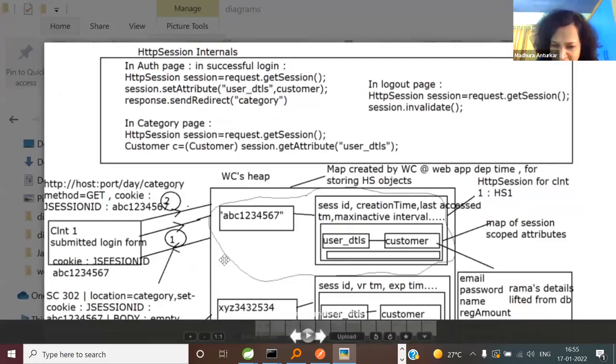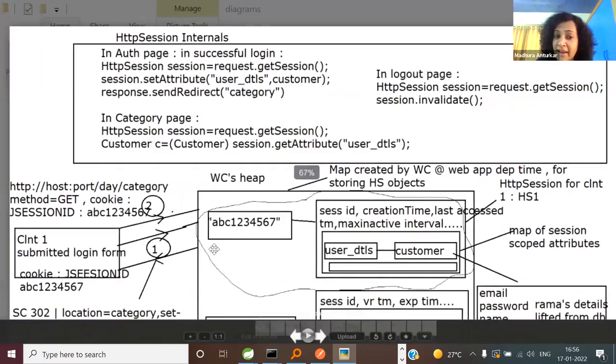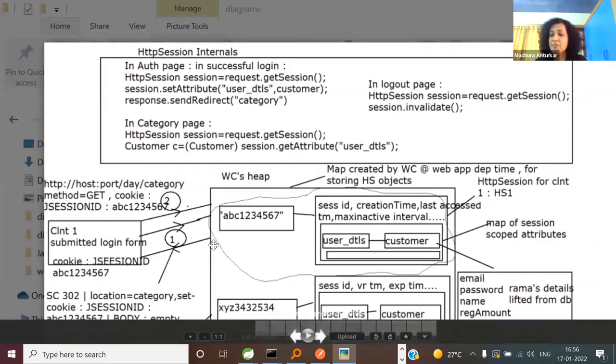As an exercise, for self-study, I have done it for authentication and category. You can do it for our authentication, as in login, and next is topics, or login and next is your customer, admin page. It is one and the same. So now let me explain the code first, which is more than easy. It is the internals which are more enjoyable, more interesting.